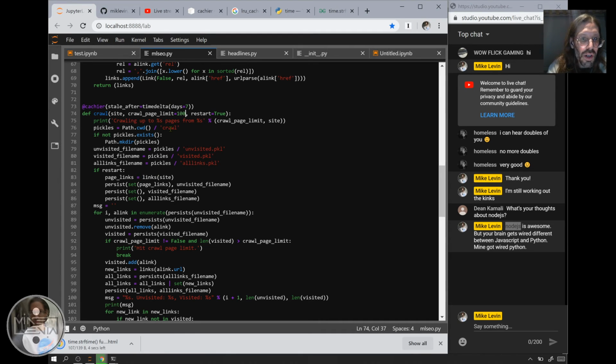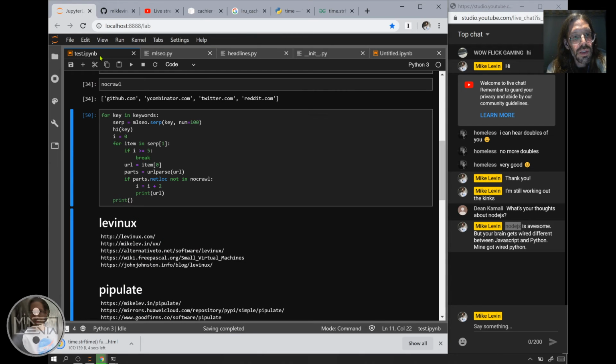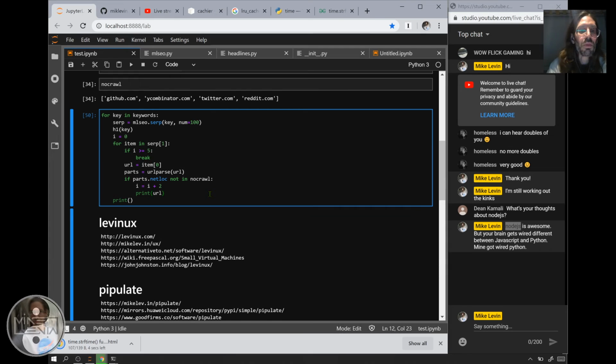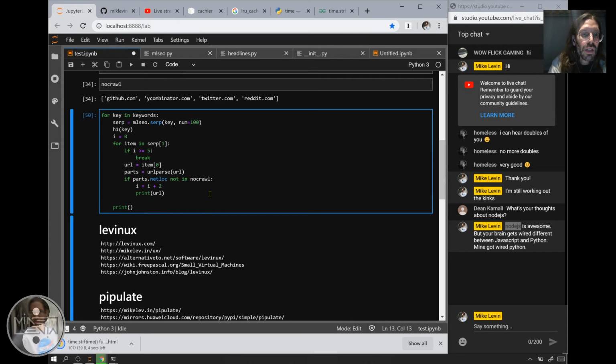I'll probably be sorry for it with the cache stuff later, but instead of merely printing the URL, I can set some arbitrary object, which we don't even need yet because the caching is storing all this in a local database just by mere virtue of calling the function